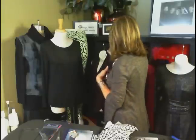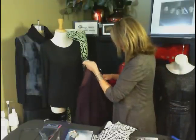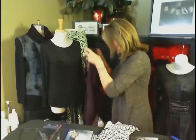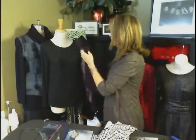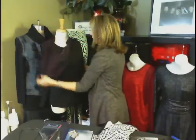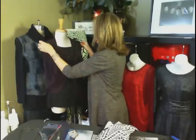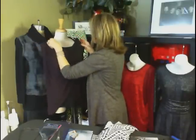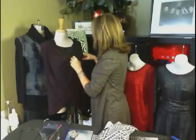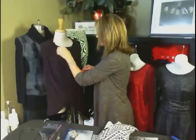Then the next one I'm going to show you is this one. This is 211. And I actually made two black bases. I'll show you in just a minute. I'm just going to put this over it because it's easier than buttoning and unbuttoning. And this is 211, except the only difference is I didn't do a sleeve, and instead of letting it hang down,